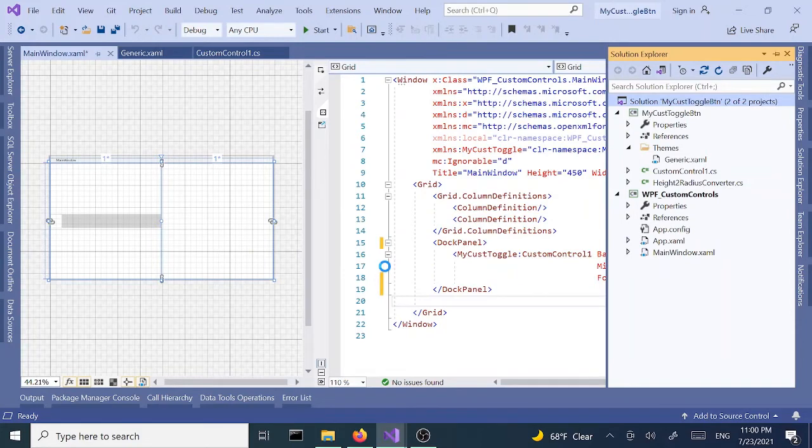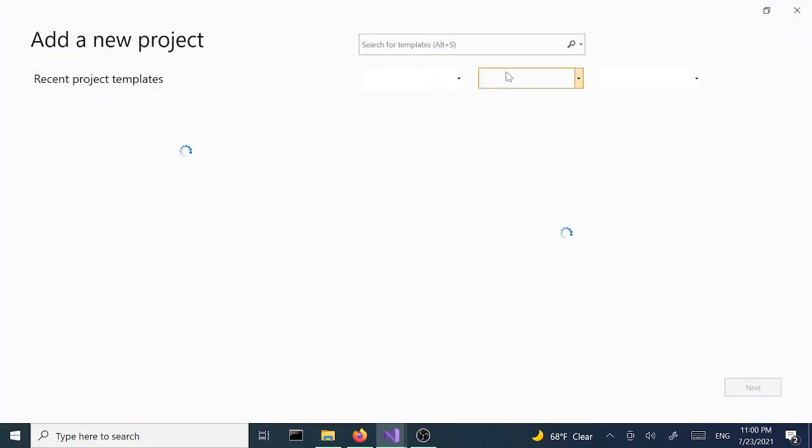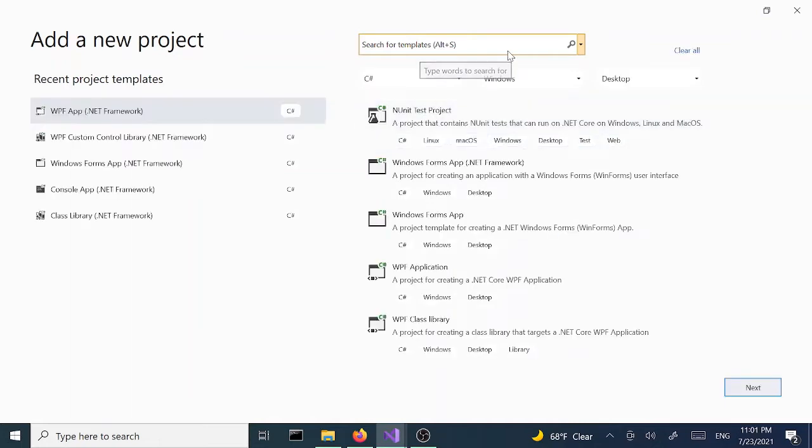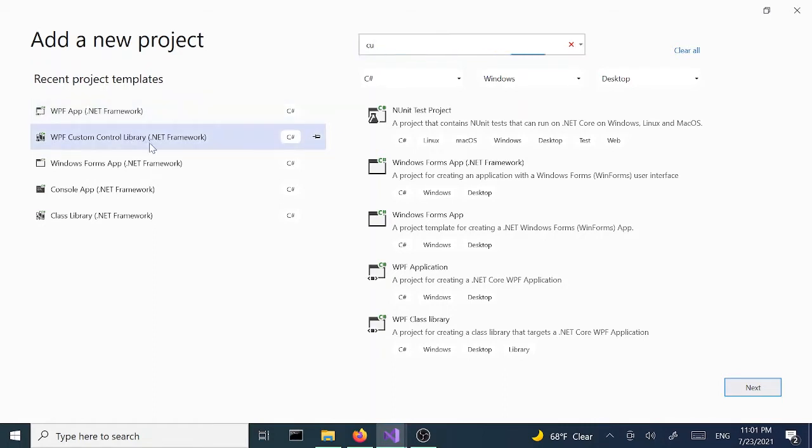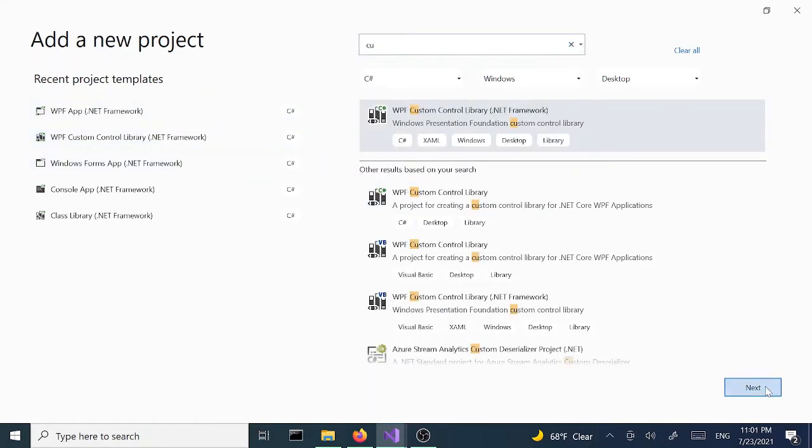Okay, once we have our add new project page, let's go ahead and type in custom again, or actually on the left hand side, since we recently used it, it's right here, so you can just select from here too. Okay, and click next,